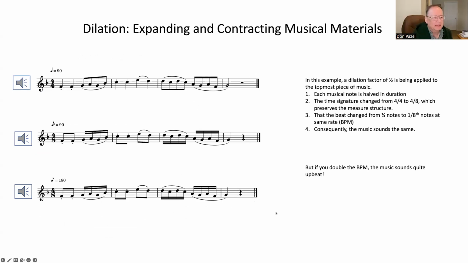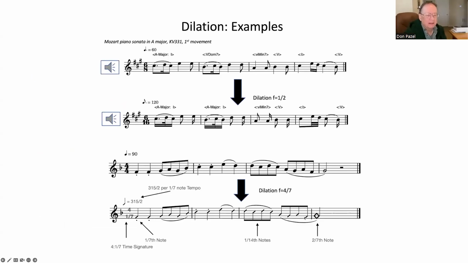So there's this notion of dilation, where since I'm over time right now, I'm not going to belabor it. The only thing I'm going to say is that one of the things you learn when you play around with things beyond theory is that, yeah, I can change everything by a factor of 1/2 and 2, but what if I tried factors like 4/7? So in this case, I changed a quarter note to a 7th note. None of this really makes sense in standard music theory, but it does make sense in and of itself. And if you start building notes of arbitrary durational values, you'll get yourself in trouble, but you'll also have a lot of fun.